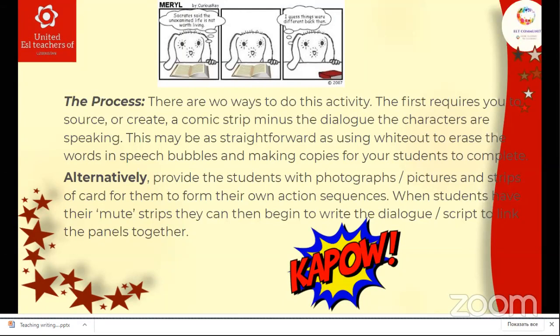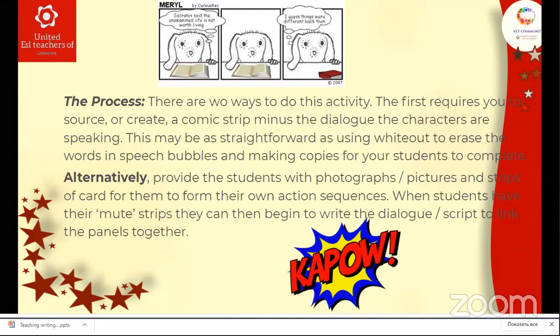You should also write or picture the people or the creatures on your board, and then you can easily erase the words of these creatures. And there is an alternative for this activity.